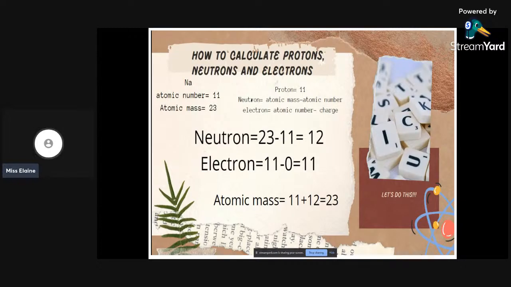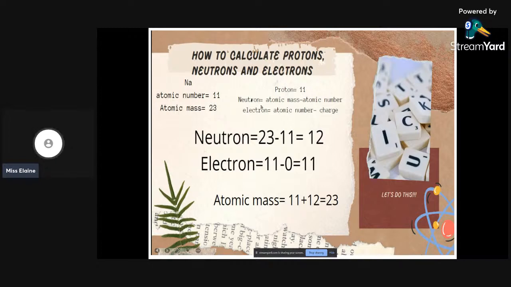We do have sodium. Sodium has atomic number 11. Again, when we say atomic number is equal to protons, ang atomic number niya is 11, ang proton niya din is 11. The atomic mass of sodium is 23. Remember, we don't even know how many neutrons yung sodium na meron kasi ito lang yung given. And also, para enable for us to malaman how many electrons na meron doon sa isang element,